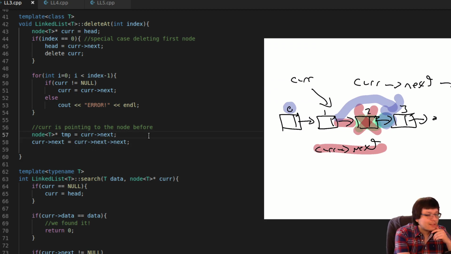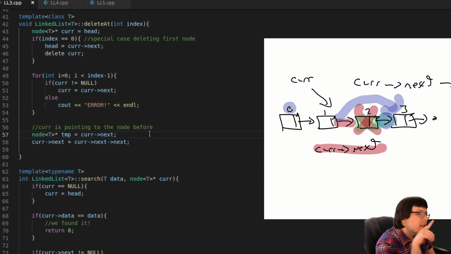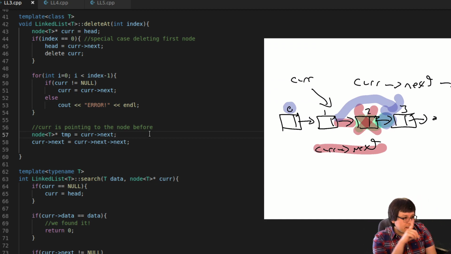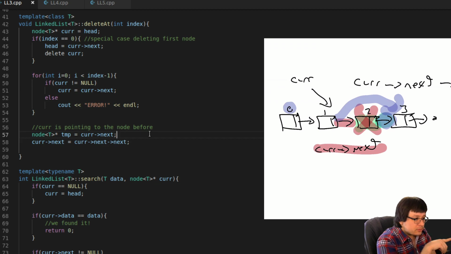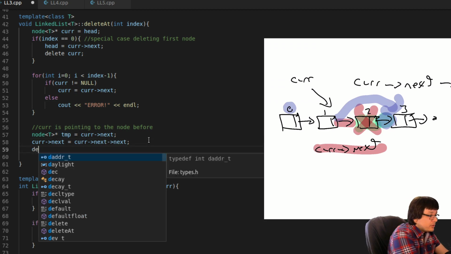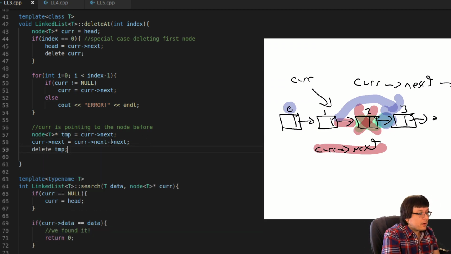Yes, so that will segfault. Imagine a scenario where I'm deleting 3. Cur next is null, so that's okay. Actually, not so okay if we call delete on temp, because what I was going to do last here is call delete temp. So not very okay there. But updating cur next, which is a null pointer, with cur next, which is null's next, is going to segfault.